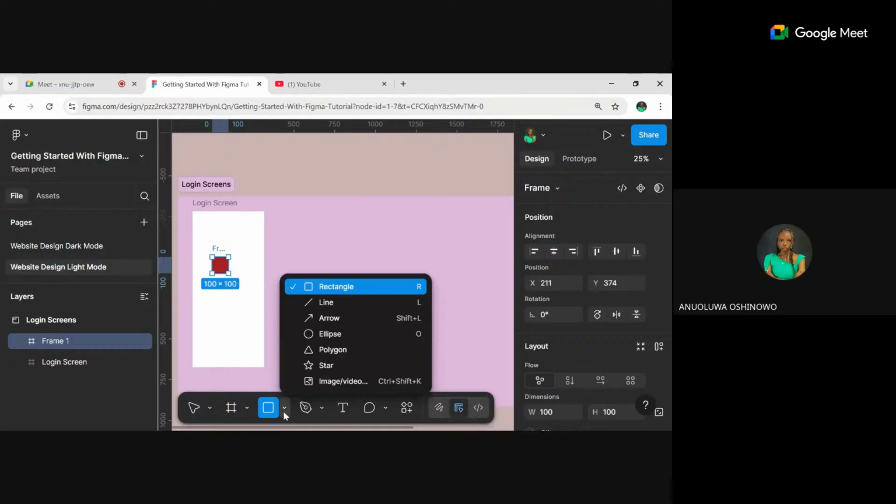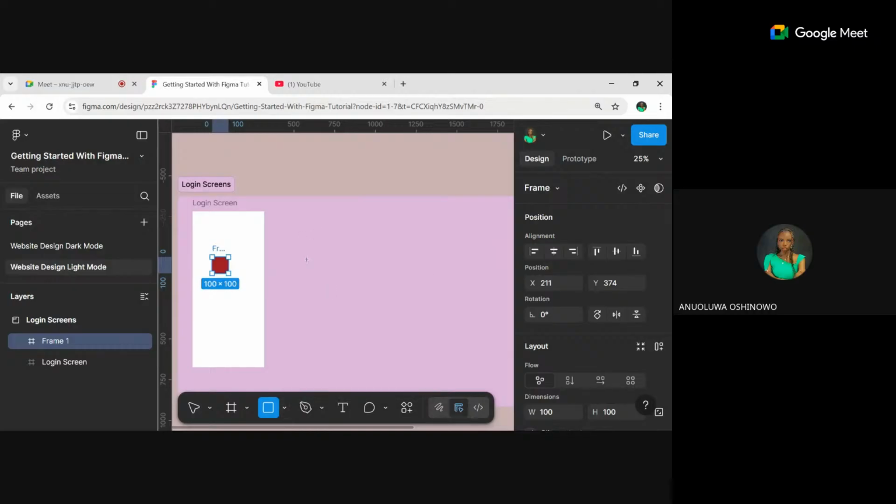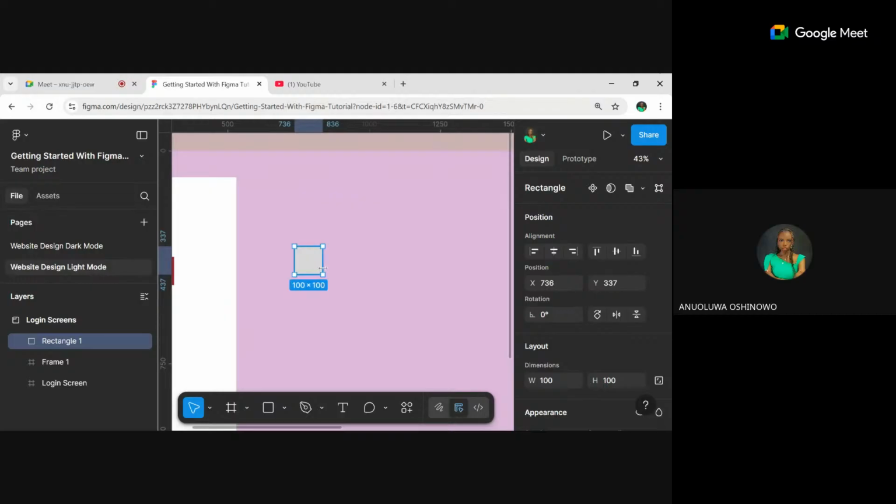So when I click on this drop down here and I click on rectangle, I'm just going to tap with my mouse on the canvas, and then it would import a square ideally. So you can change the dimensions to make it into a rectangle. You can increase the width and then add the height. Or I'm just going to do Control D, or you can just drag any of the sides to increase the width. So you can use the dimensions when it's